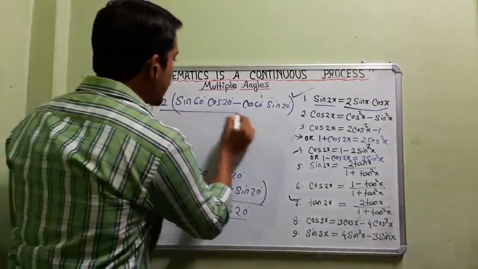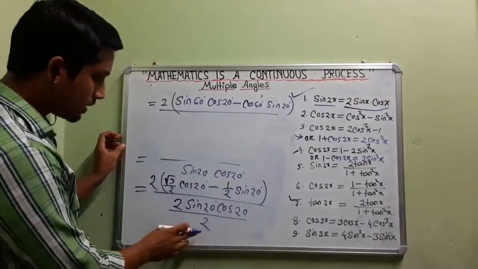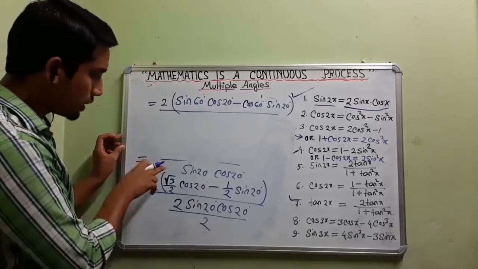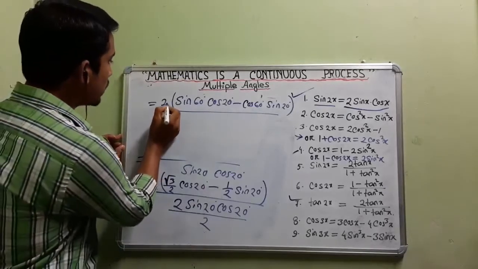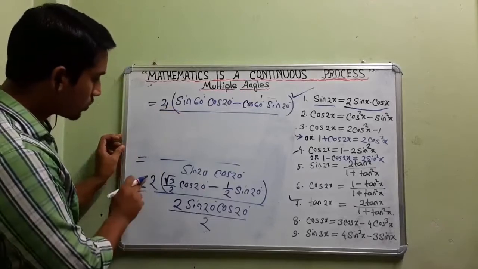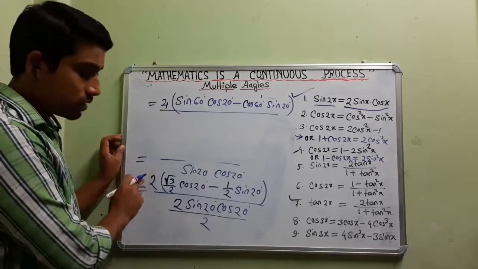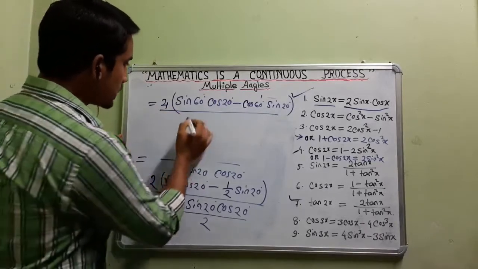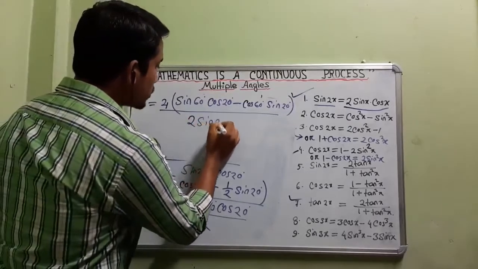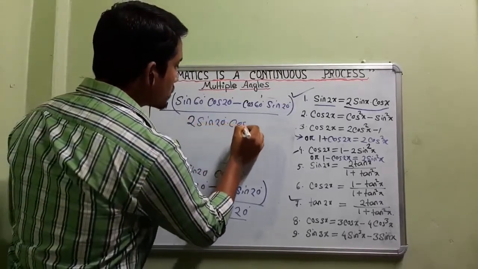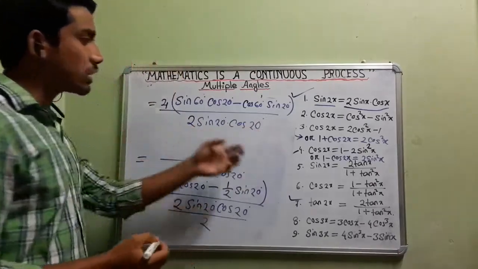Divided by, in the denominator we can see, this 2 will go to the numerator, so it will make that 2 as 4. This 2 will go to multiply this one, it will get 4 if this 2 goes to the numerator. So what is remaining in the denominator? 2 sin 20 degree into cos 20 degree. Okay, we got this much.